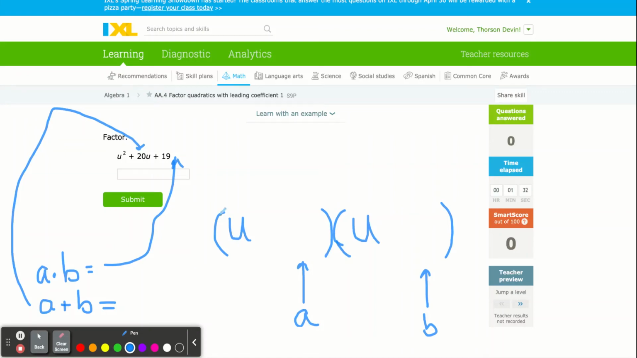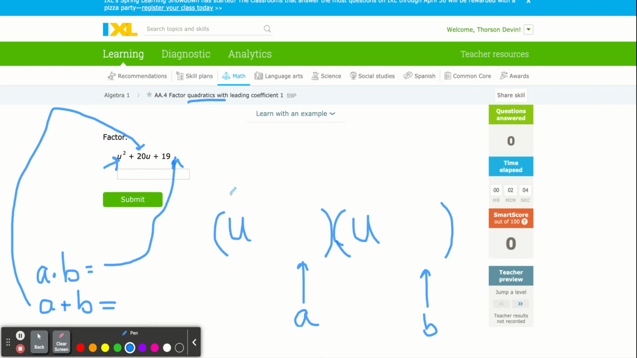Welcome. In this lesson, we're going to learn to factor a trinomial, or what we call a quadratic. Quadratics are three-term expressions where we have a variable squared plus a coefficient times the variable that's not squared plus some other constant. Now what we need to realize is how we get the 19 and the 20. All of these are going to be able to be factored into two binomials where whatever variable is